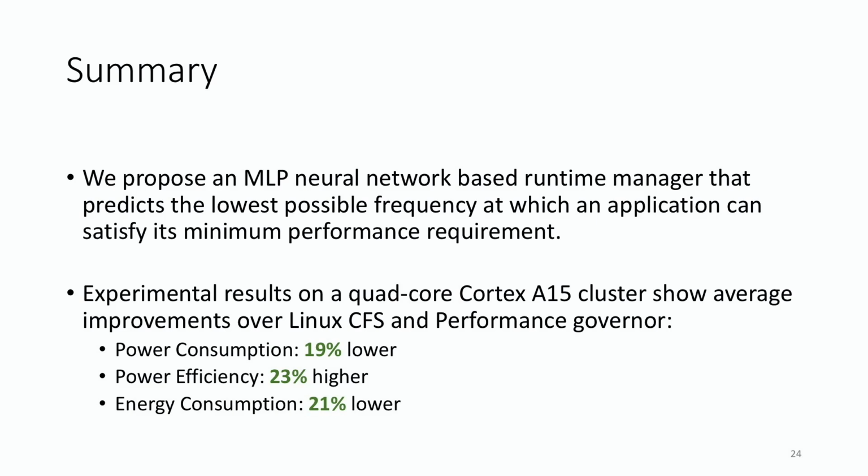In our paper, we present a methodology to improve the power efficiency of concurrently executing applications on chip multi-core processors. Essentially, the methodology answers the following question. Given a minimum performance threshold for a group of concurrently executing applications, what is the minimum possible frequency that will satisfy this threshold? Experimental results on a quad-core ARM Cortex-A15 cluster demonstrate an average decrease in power consumption of 19%